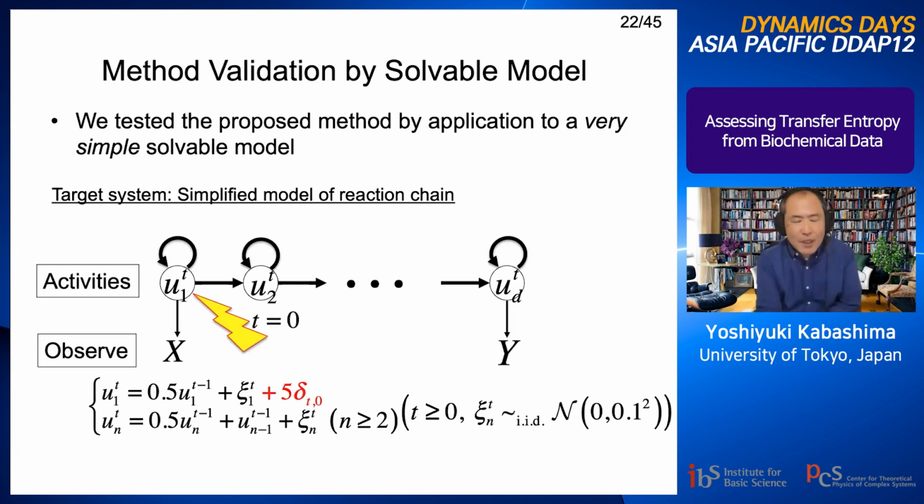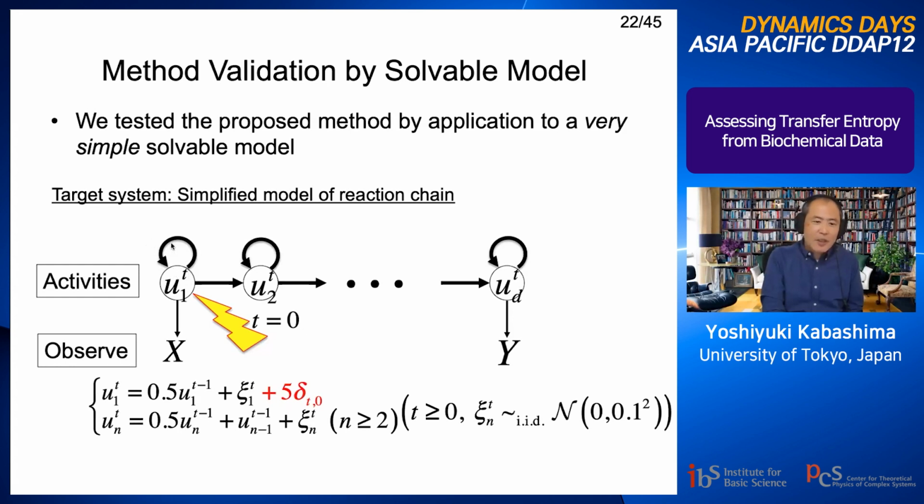Okay, but it is a kind of heuristic, so we have to check whether this method works or not. So we tested the proposed method by application to a very simple solvable model. Okay, so the very simplified model of reaction chains characterized by these equations, right? At t equals 0, we provide some pulse stimulus